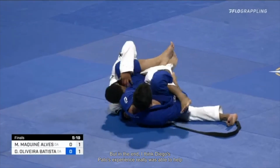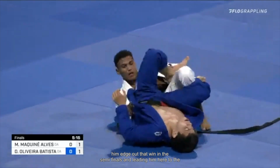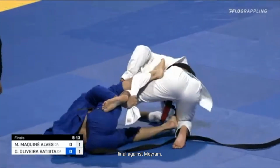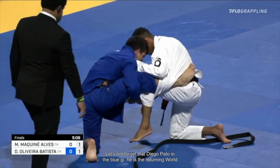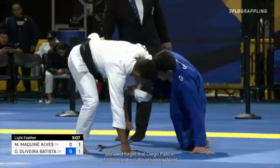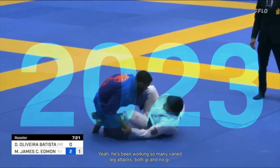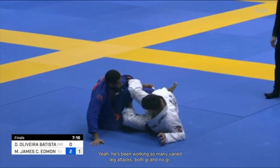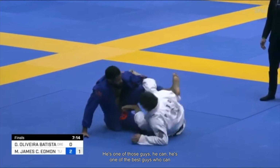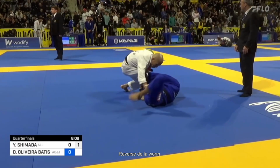but in the end, I think Pato's experience really was able to help him edge out that win in the semifinals and lead him here to the final against Meron. Yeah, of course. Let's not forget that Diego Pato in the blue gi, he is the returning world champion. Yeah, he's been working so many varied leg attacks, both gi and no gi. He's one of those guys that he's one of the best guys who can do both, right? Reverse Dilla worm,